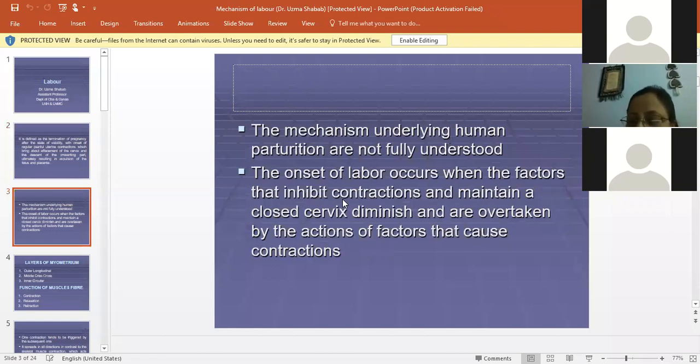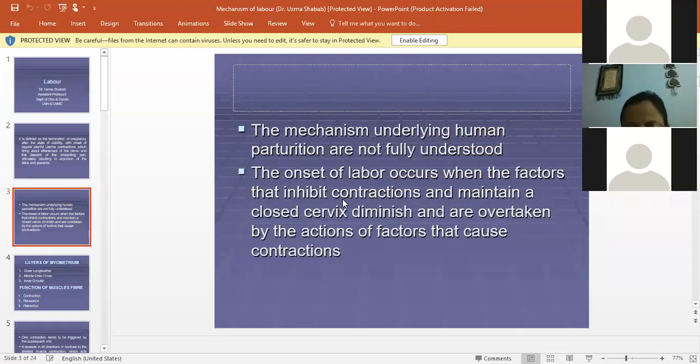and certain hormonal changes that are responsible for causing the mechanism of labor. As we all know, progesterone is responsible for keeping the uterus quiescent. It keeps the uterus quiet, but during labor, the progesterone receptors decrease and there is an increase in estrogen receptors. The mechanism behind this is still not known, but certain other changes also occur. As we know, the increase in estrogen causes an increase in prostaglandin, and prostaglandin causes